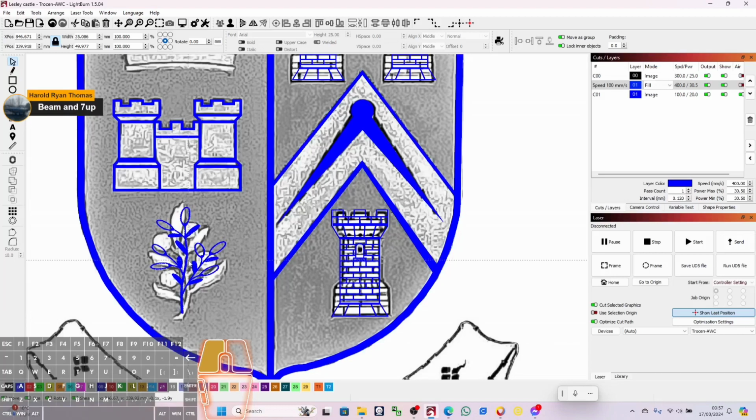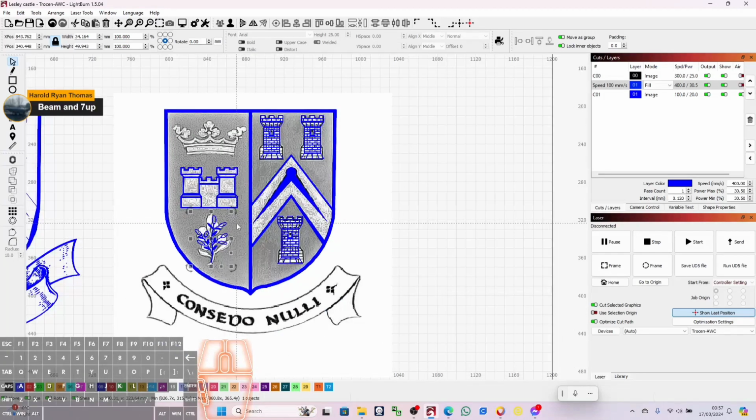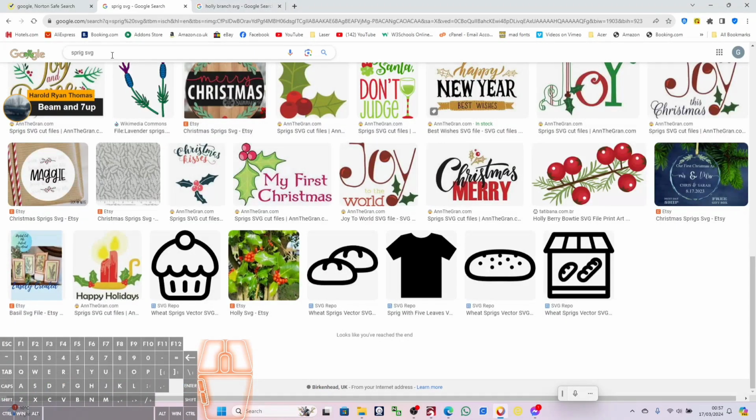Not right, but it's not a million miles away. I wonder if it'll look any better if we flip it. I reckon it kinda does. And maybe if we twist here. So yeah, and then it was just literally second verse, same as the first, click on the right one,